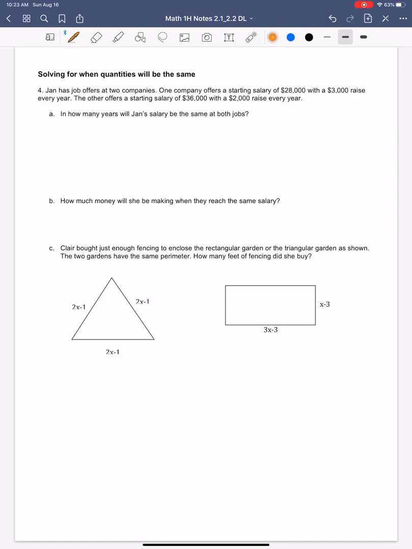Okay, so that's the big part here. Be the same, right? When we see that, that's going to be the equal sign, because we want 2 things to be the same. We want them to be equal. So I'm going to set up 2 different expressions. One for company 1, the first company. And for that company, we have $28,000 plus $3,000 every year. But it's not just one time, it's per year. So I'm going to do 3,000y because that's going to increase every year. And we want to know when that's going to be the same as her other company, which offers 36,000